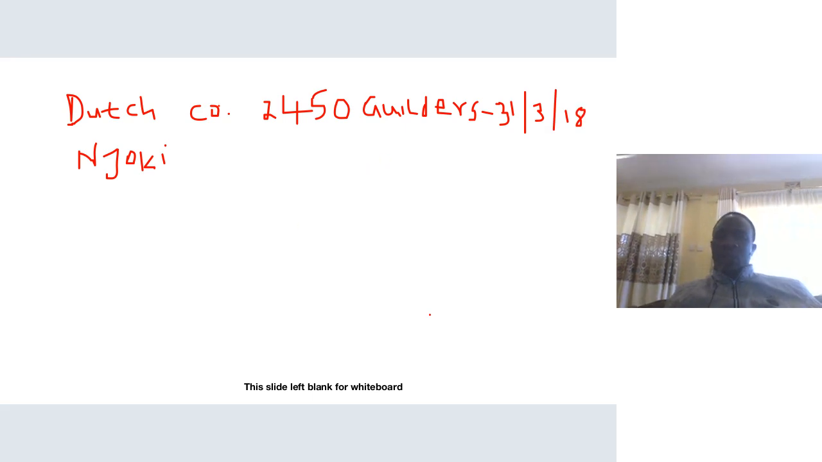2,450 guilders, and this payment was made on 31st March 2018. So I'll just write 18. Okay. So Njoki Limited purchased a piece of plant and machinery from a Dutch company for 2,450 guilders on March